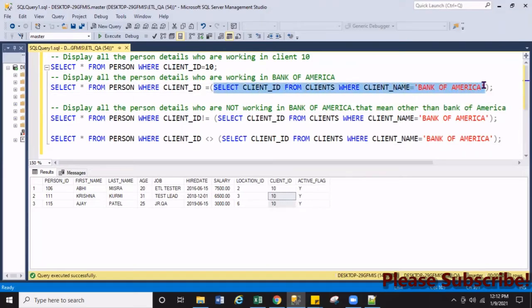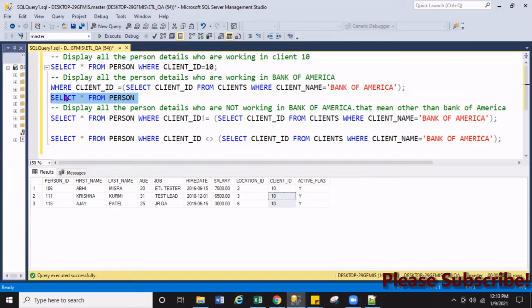My subquery says select client ID from clients where client name is equal to Bank of America. This query will first run, find wherever the client is Bank of America, and write the client ID here, and that client ID will be looked up here to display the record.